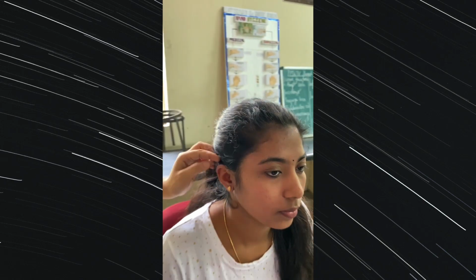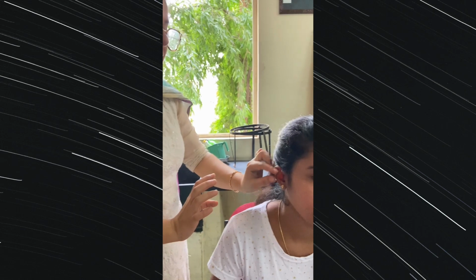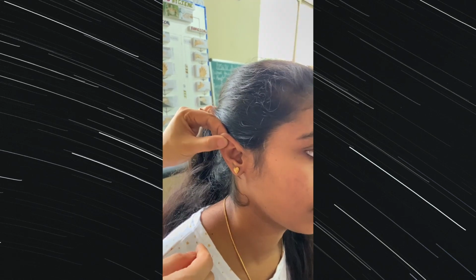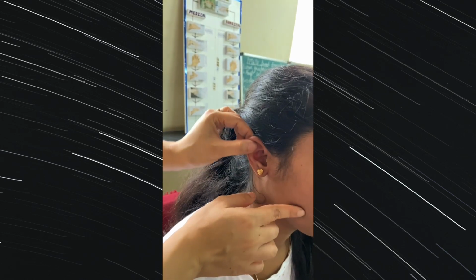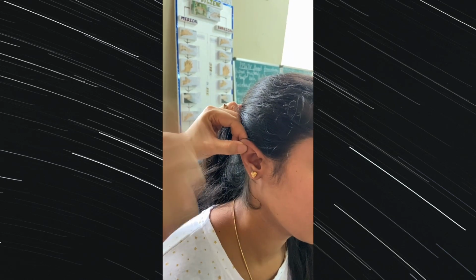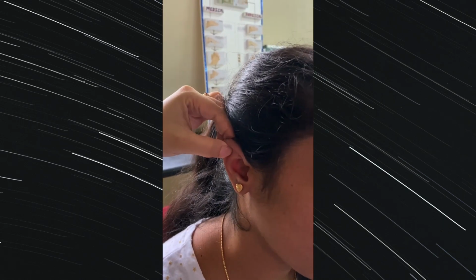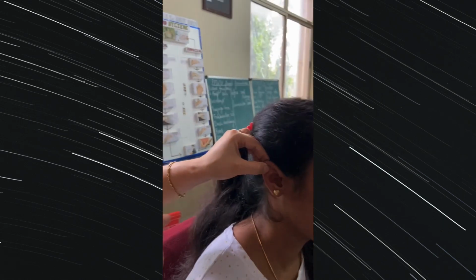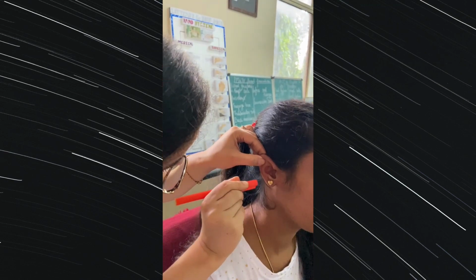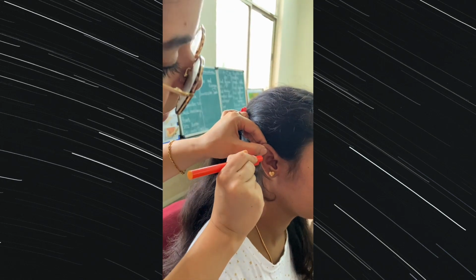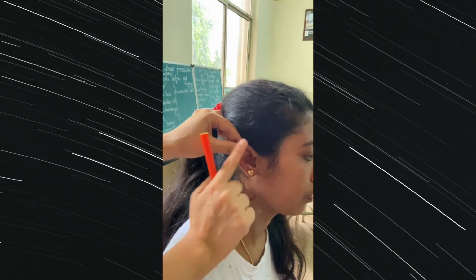Now what you are going to do, BSc first year, is look a little bit inside the external auditory canal. You are going to push the ear up and backward, as I told you during class time, and inspect it. You are going to take a flashlight and visualize the inside for any kind of lesion, any abnormal mass, or any tumor. You are going to inspect this area.